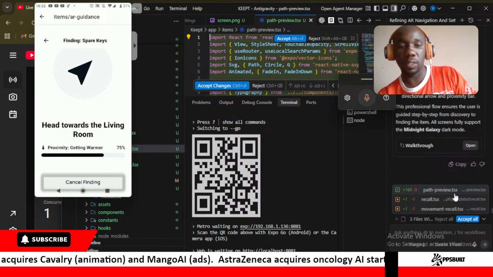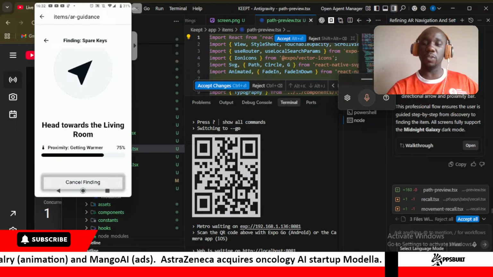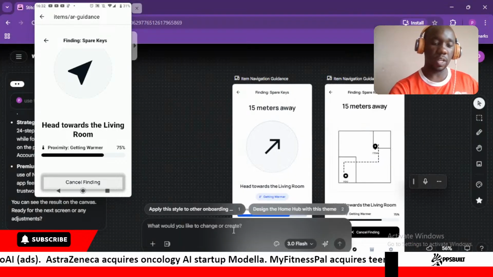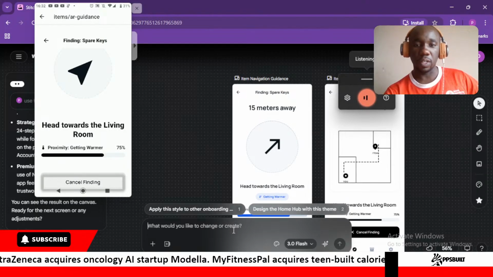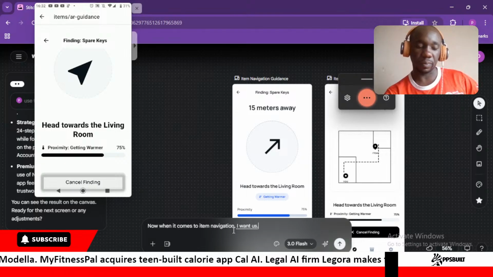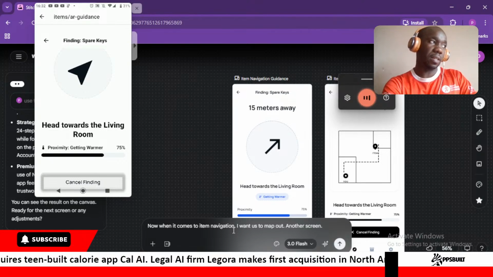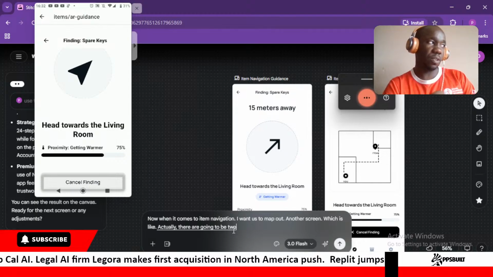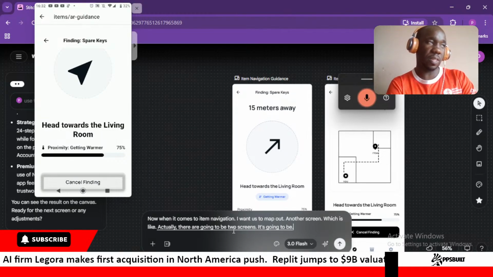That's good. Before we continue, I think we missed out on one screen. So we can go here and create it. Now, when it comes to item navigation, I want us to map out another screen, which is like, actually there are going to be two screens. It's going to be like a screen that stores